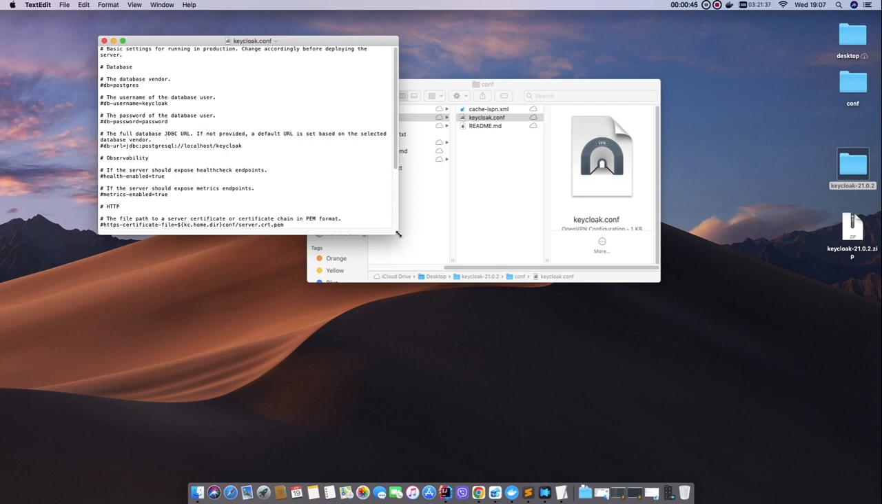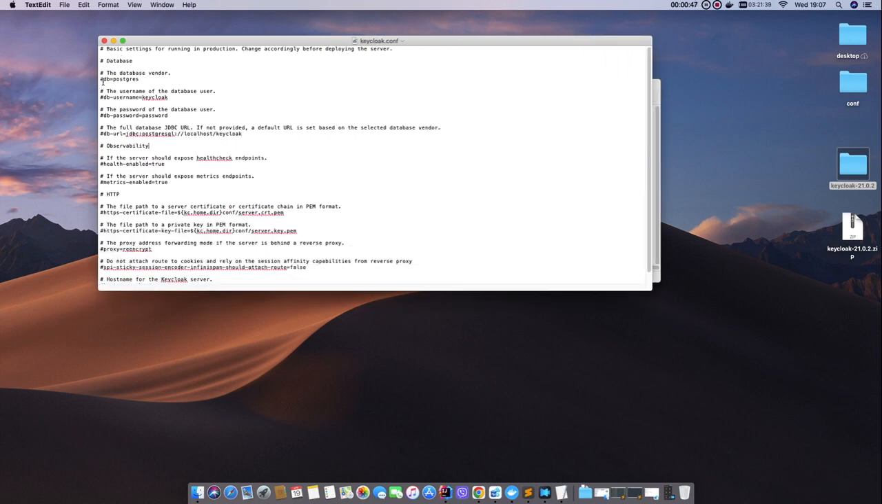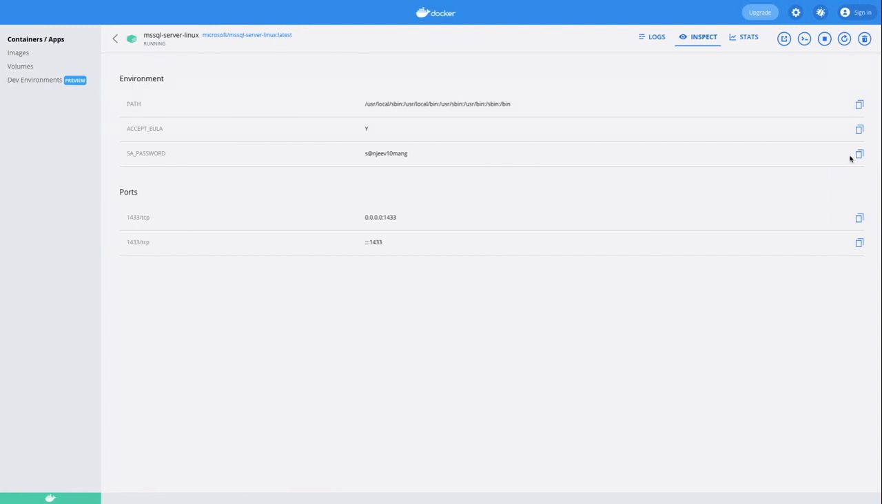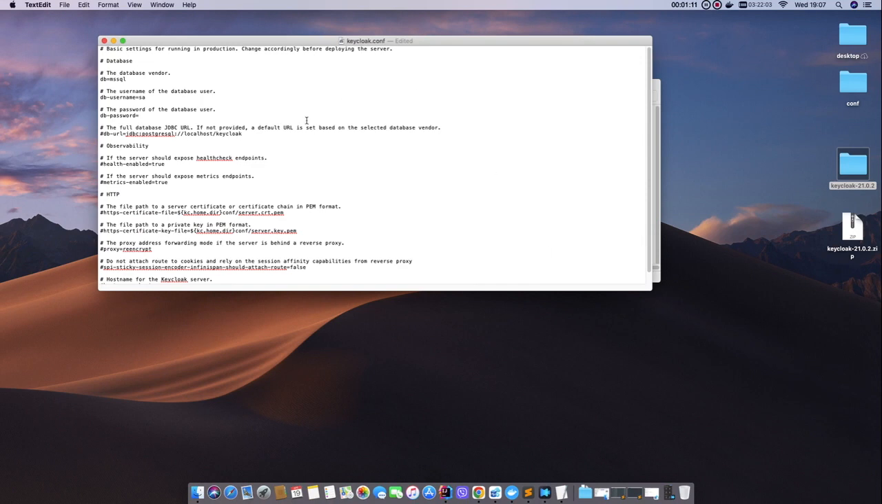In order to make a database connection we need to edit these configurations, and since we are going to use MS SQL, let's type here. The username would be SA for me, and the password would be the database password that you have set. For the time being I'm using the Docker version of MS SQL. So let me copy my password